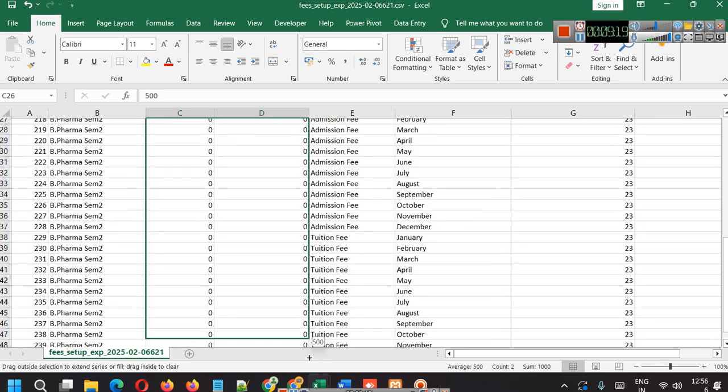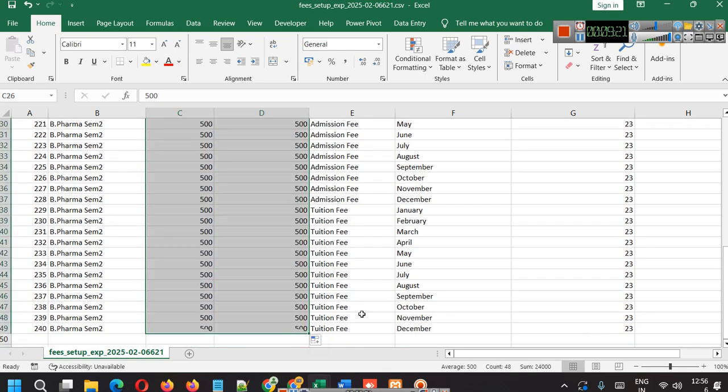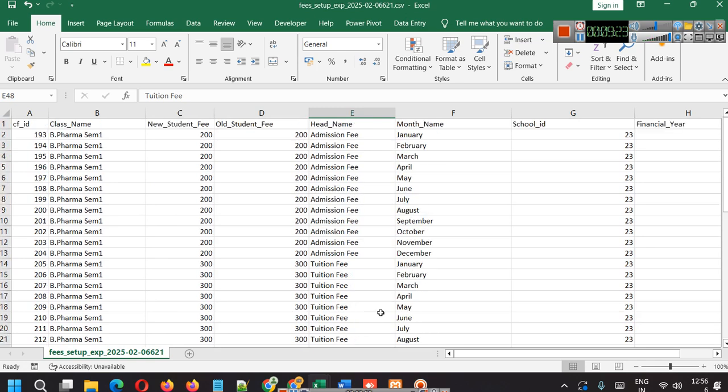Okay, so this way, and even for old student and new student, like obviously in this case, in case of colleges, any student who takes admission will always be a new student, unless it is a school. In a school it is promoted, so here you only have old student fee or new student fee,